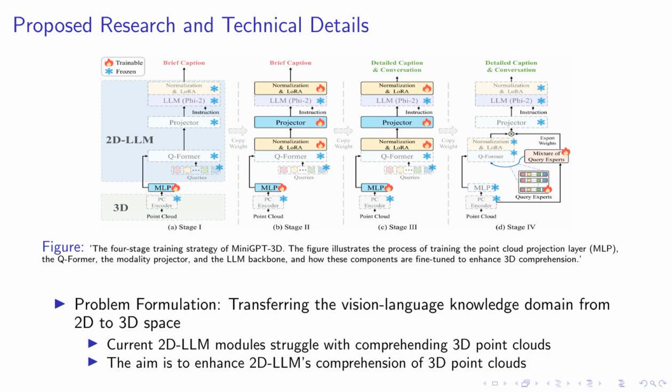Item, detailed caption, point cloud pairs and conversations are used to enhance MiniGPT-3D's comprehension and response to complex instructions. End itemize. End frame,